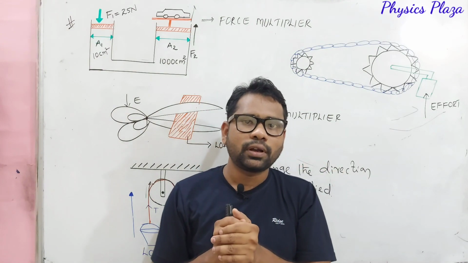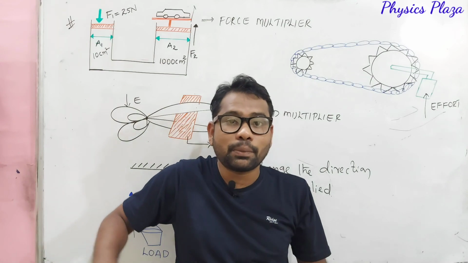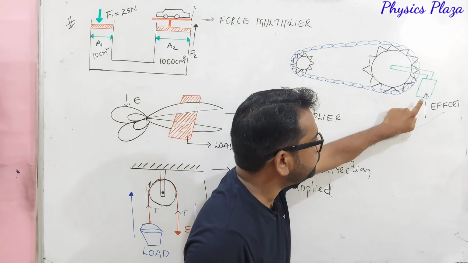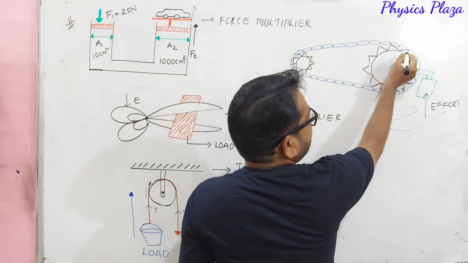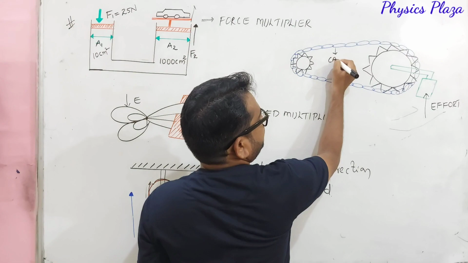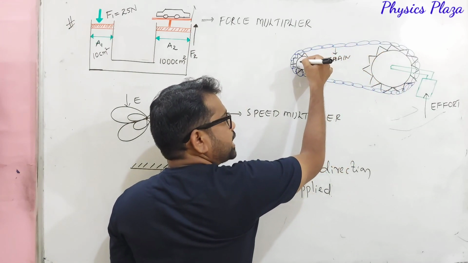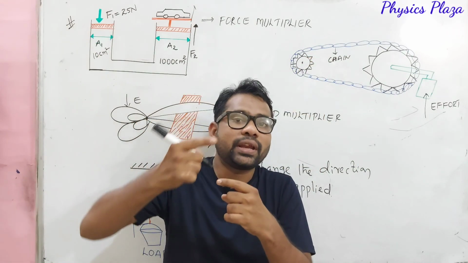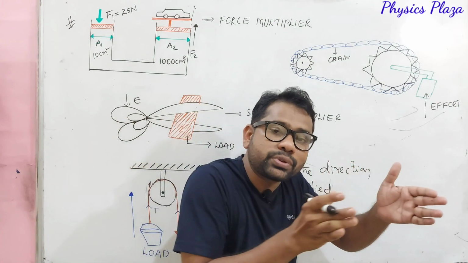But is it comfortable applying the force there? Just imagine we are sitting on a seat, but we are applying the force on the back wheel. It is not possible. For that, dear children, we apply the effort on this pedal. But whatever effort is applied here is transferred to the rear wheel with this chain. With this chain, whatever force you are giving is transferred to the back wheel, and then the back wheel is rotated so that it pushes the front wheel, then the entire cycle moves.